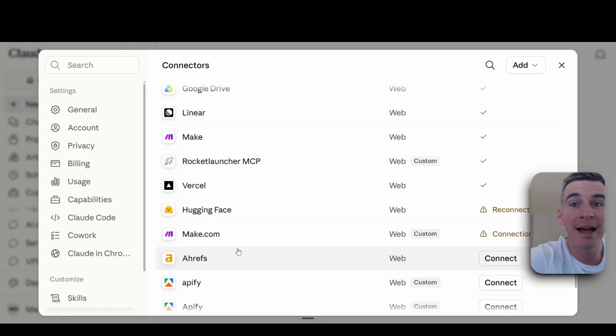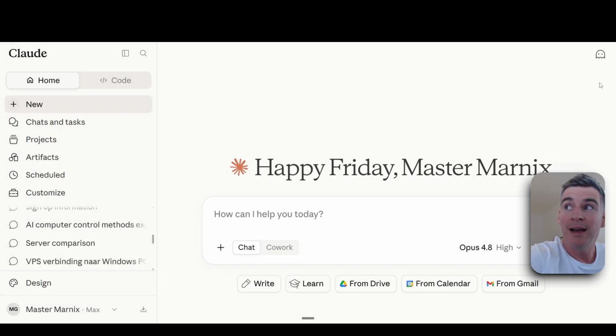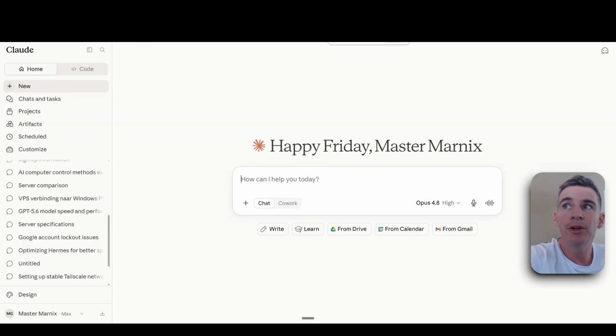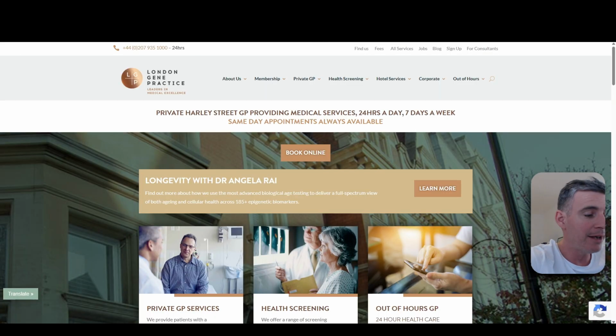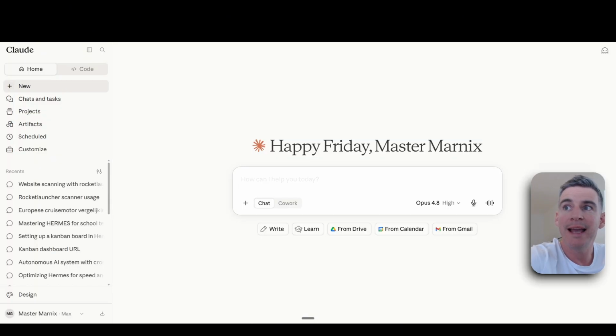A new tool we have developed completely for free for everybody to use, especially if you're inside the Rocket Launcher University. Rocket Launcher MCP. Let me show you what it can do and how easily you can add it. So, what is the idea, of course, that we can research websites. This tool allows you to research any website completely for free, and it will tell you exactly what is wrong